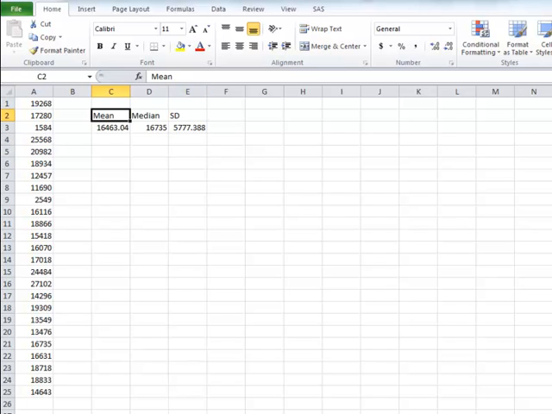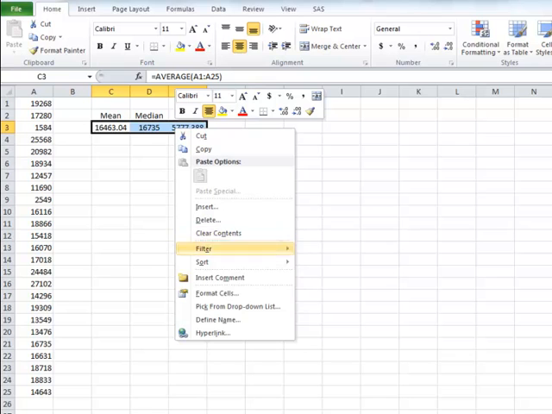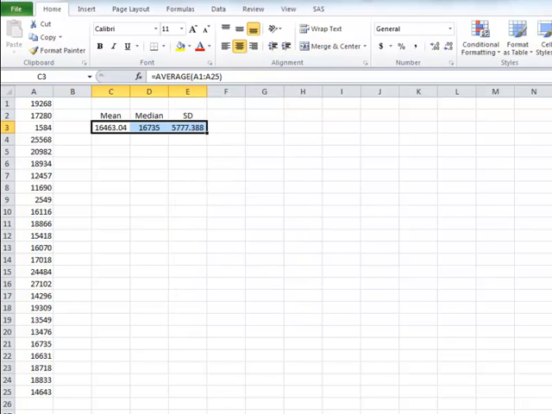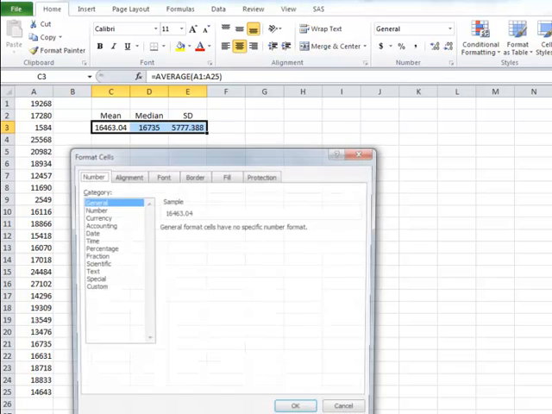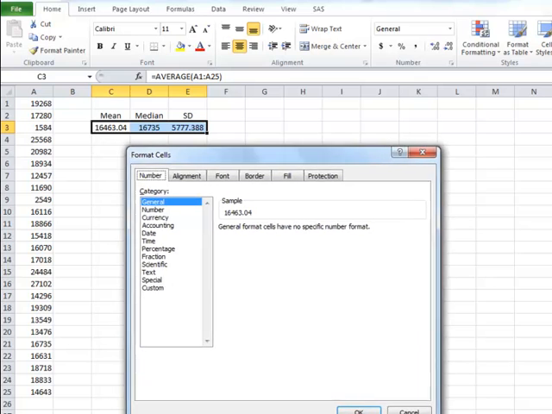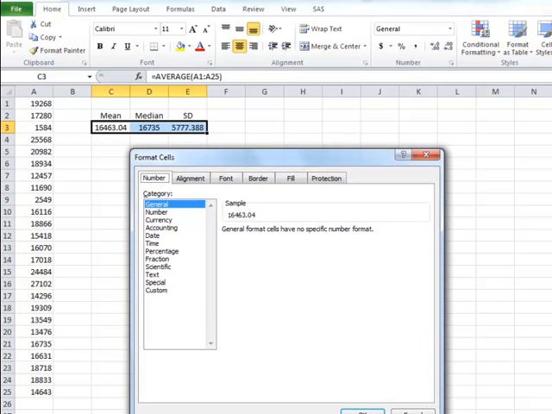You can do some basic formatting. I could highlight all of these cells and center them if I want. Makes it look a little prettier. I could even highlight these cells, and I'm going to right click. I like to right click everything and see what's possible, and I'm going to format the cells here. What I'm going to do when I choose to format is give it some kind of standard rounding. So I can choose to just have it do what it does normally and call it general, or